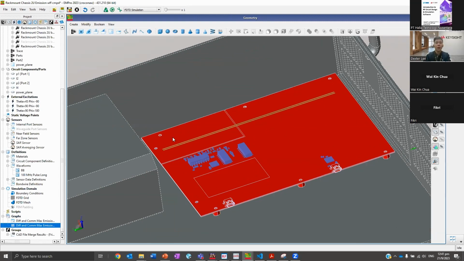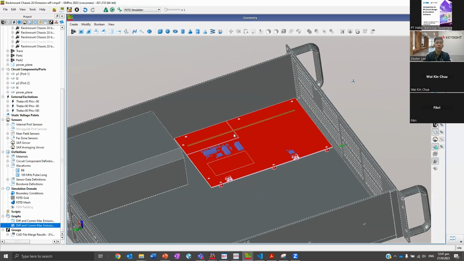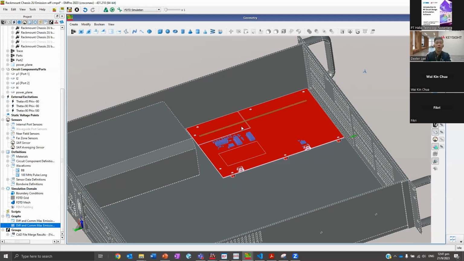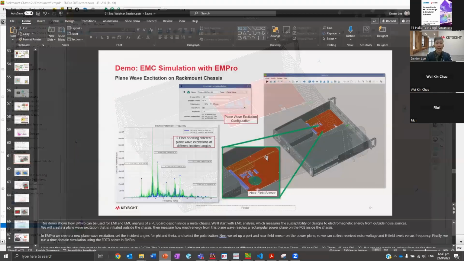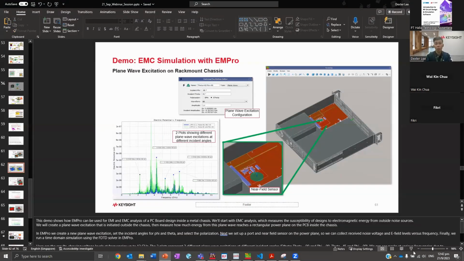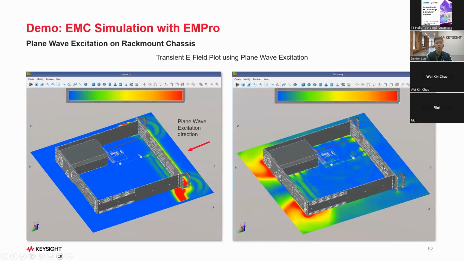Just a simple illustration of some of the use cases that you can work with for EMI, EMC simulation with EM Pro, measuring the emission and also doing plane wave excitation. Okay. Before I end off, just to let you know, EM Pro is not the only solution we have for